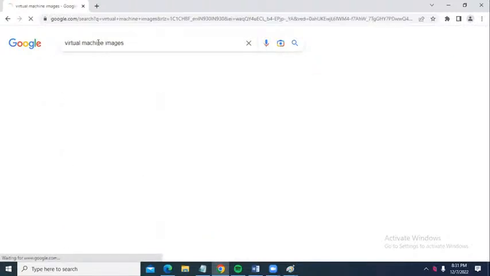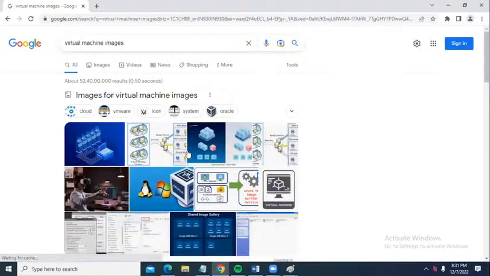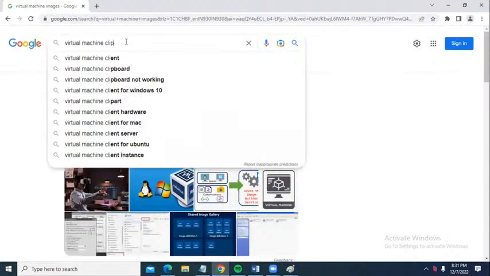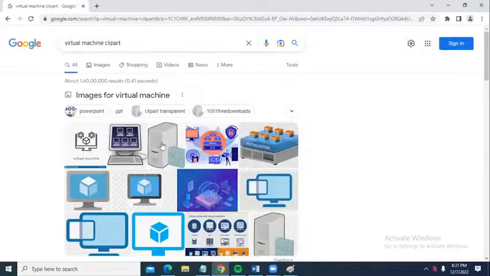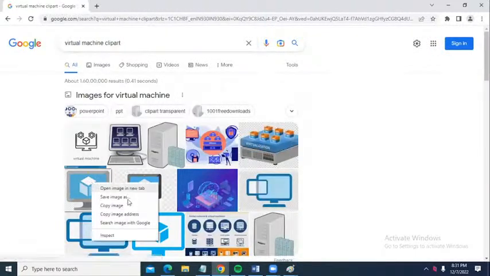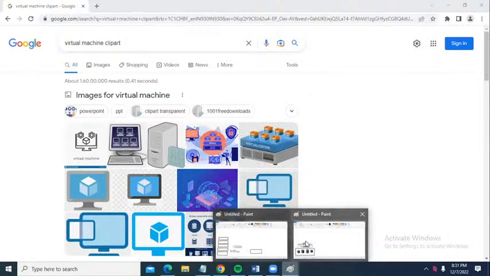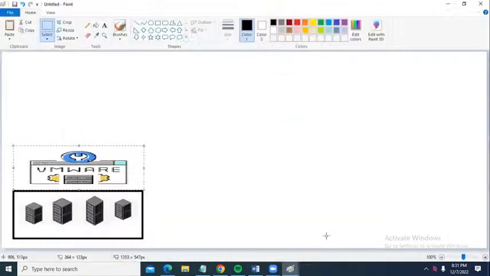On the top of this layer, I can create as many virtual machines as I want.